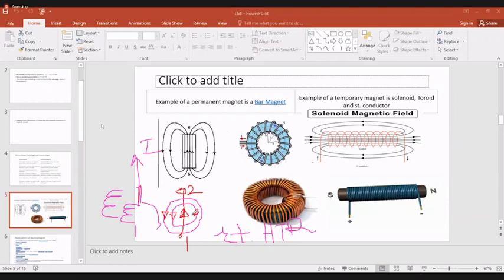According to the right hand thumb rule, the field lines will be anti-clockwise like this. Current is flowing from terminal 1 in the upward direction. When current is upward, then the magnetic field lines will be like this, in the anti-clockwise direction. Okay. Magnetic field lines will be anti-clockwise. Clear? Any doubt? Please.